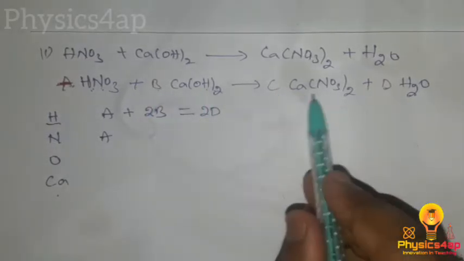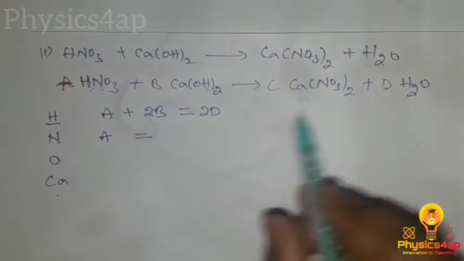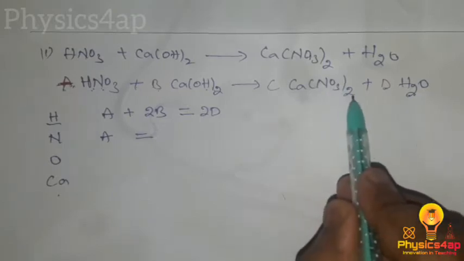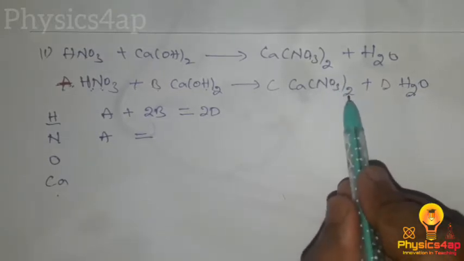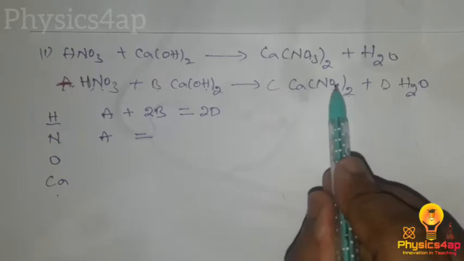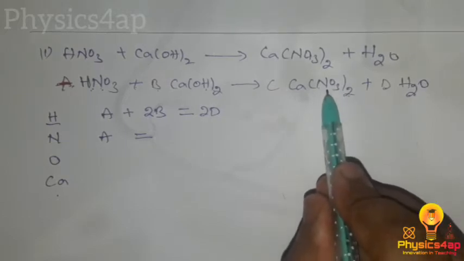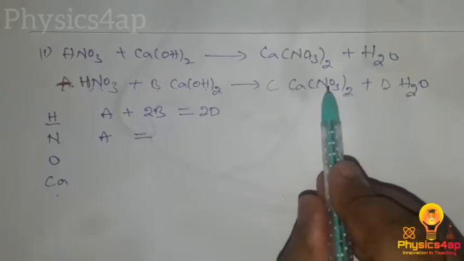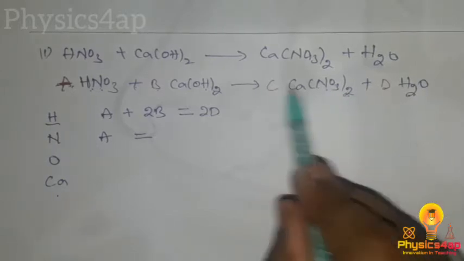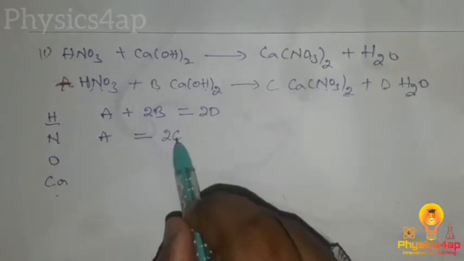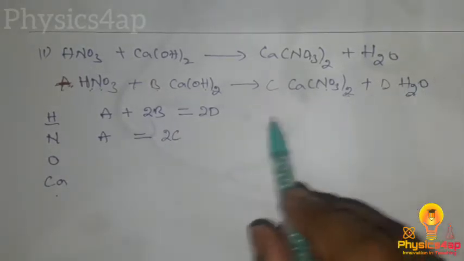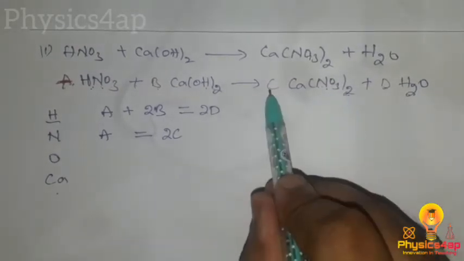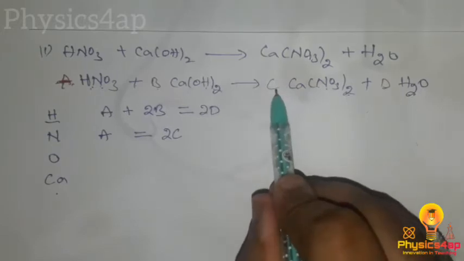Now coming to the other side, so we write it as equals to. Here we have Ca(NO3) twice. The 3 belongs to oxygen, and the twice belongs to both nitrogen and oxygen. So we have 2, and here we have the number as 1, 1 into 2, 2. That means 2 nitrogens here, 2 nitrogens into the coefficient C, 2C. I think you got what I am saying here. 2 nitrogens into C, so 2C.